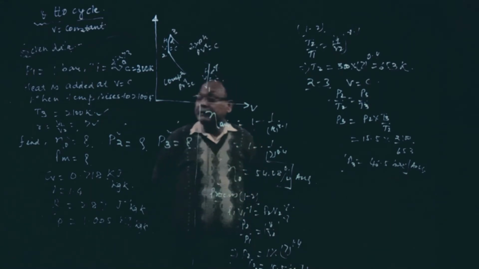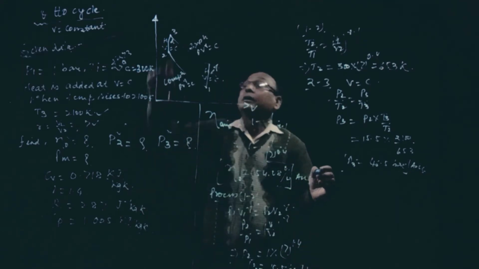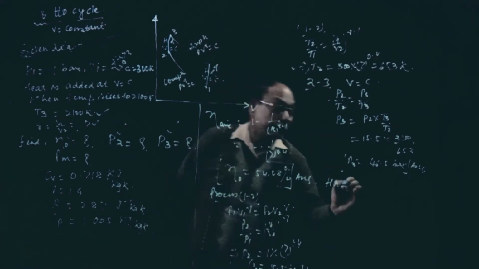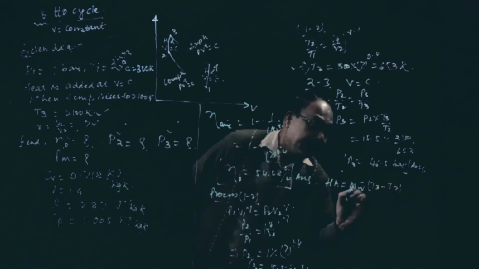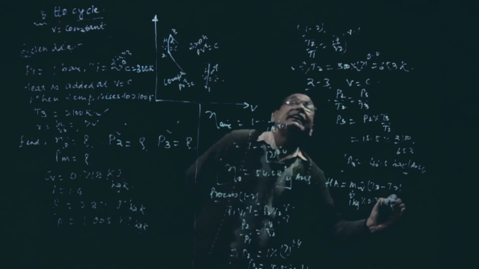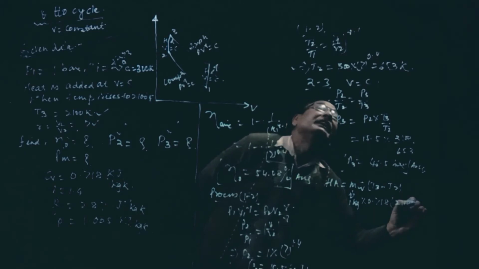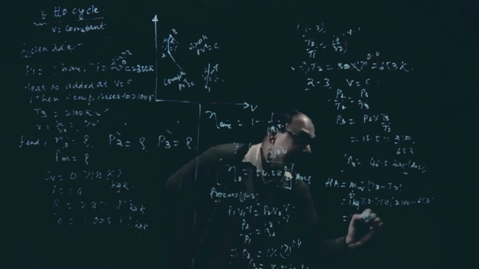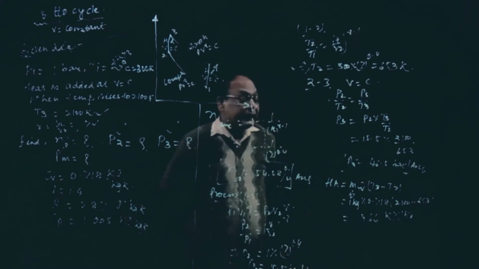Now to find out mean effective pressure, we have to find out work done. Okay, so first of all, let us find out heat addition. That is why we found out T2. So heat addition is m Cv (T3 minus T2). So m we can take as 1 kg. Cv is 0.718. T3 is given, 2100, minus T2, which is 653. If we take this, this will have 966 kilojoule per kg. Okay, heat addition.